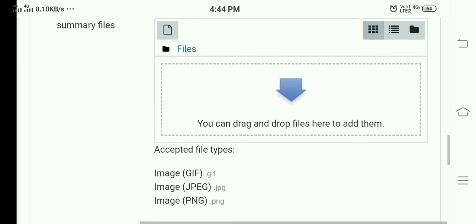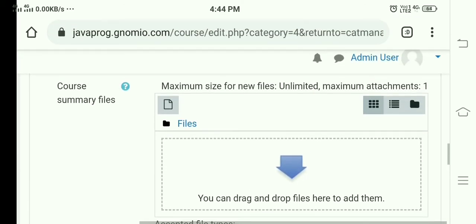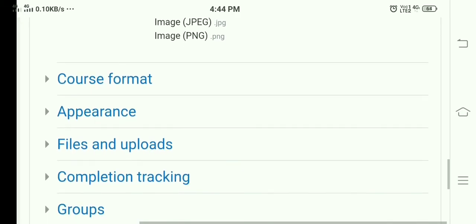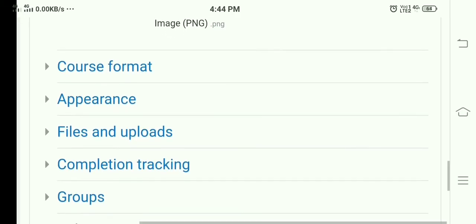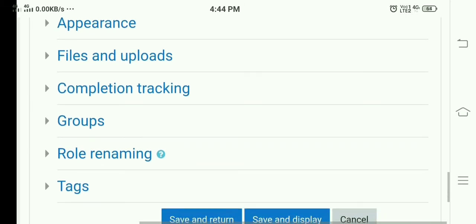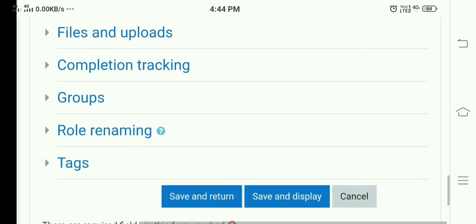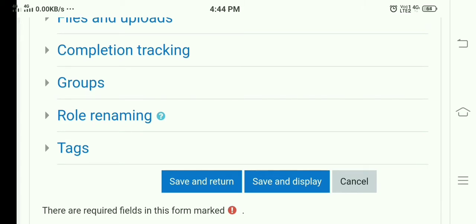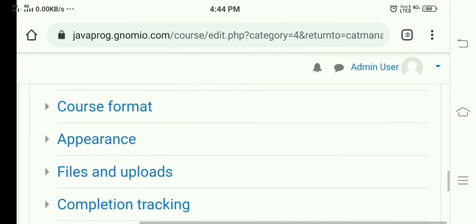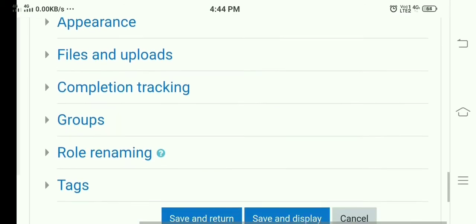Then you can also upload the course summary file. Then there are different options related to the course format, appearance, file uploads, completion tracking, groups, role naming and tags. There is no need to set all these options.